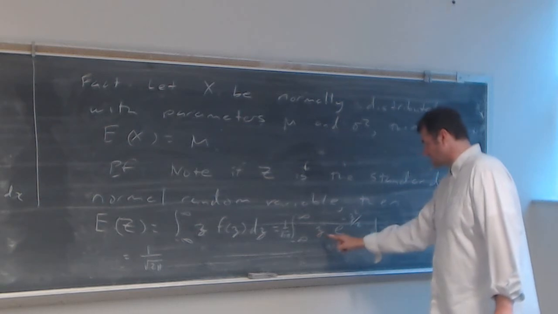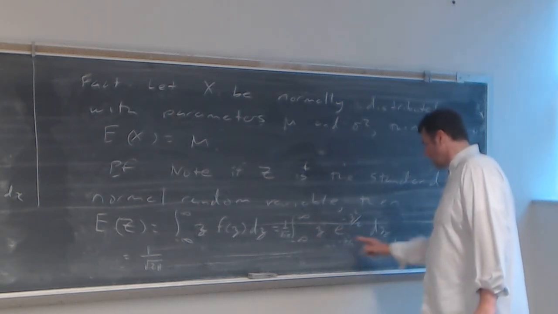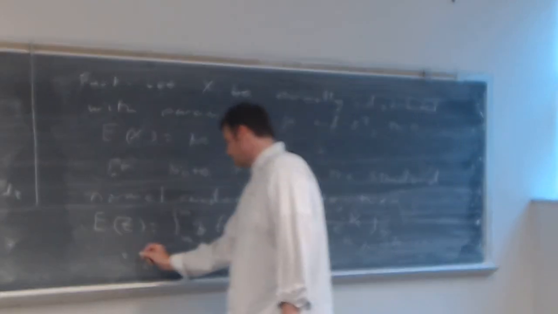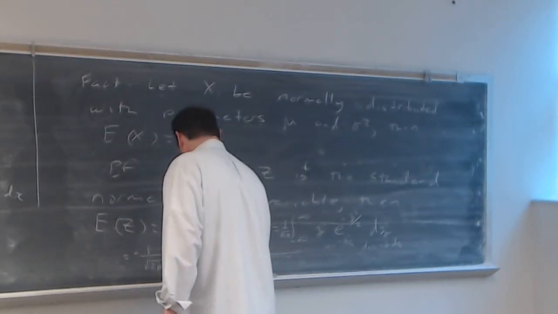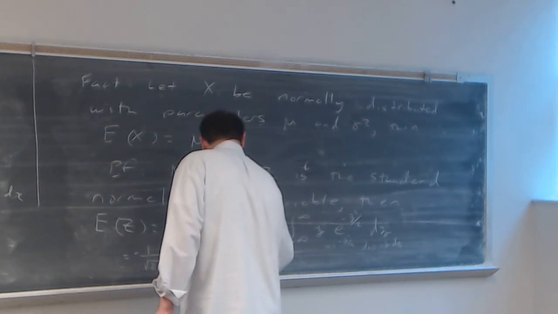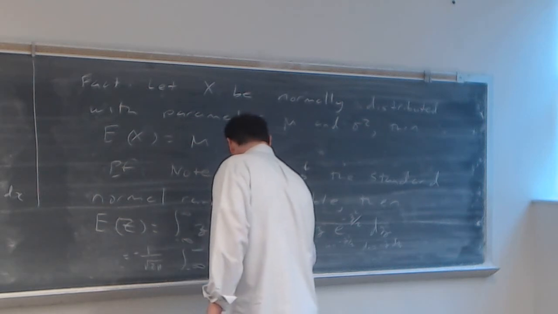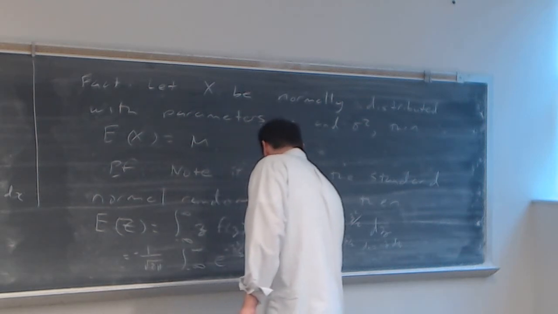Well, I've almost got that, so when I put a minus z, I put a minus in front here. I have to compensate by putting a minus here, and I'll rewrite this from minus infinity to infinity of e to the minus z squared over 2 times minus z dz,